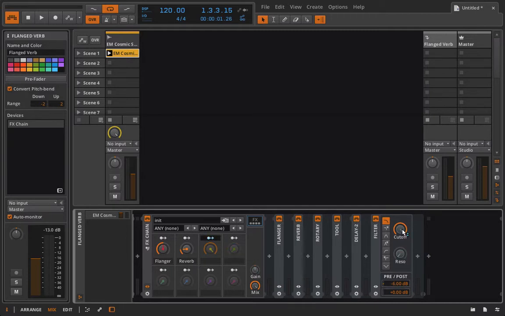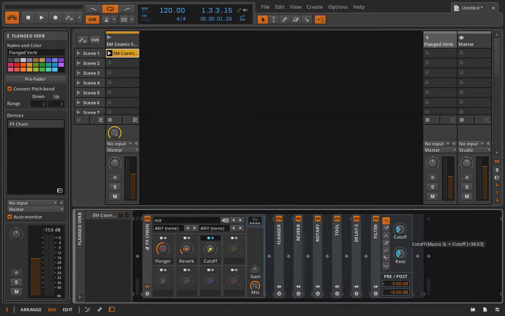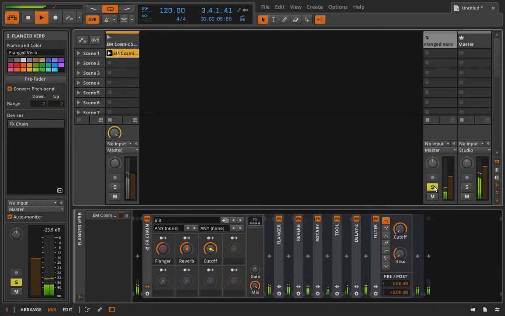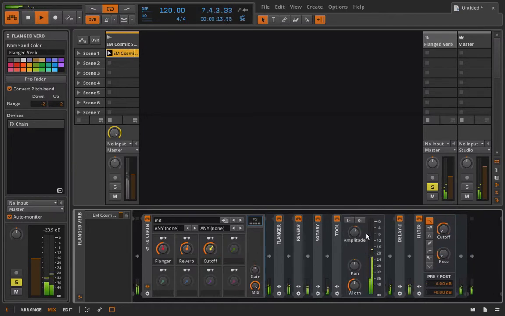Let's route this guy, bring the cutoff down, and bring the resonance up just a little bit. Whoops, I screwed that up. Maybe the trick is I just need to get this around perfectly. Okay, there we go. So now when I go back and play this back, I also have control over a filter here if I want it. And obviously I kind of set some of these to extremes, but